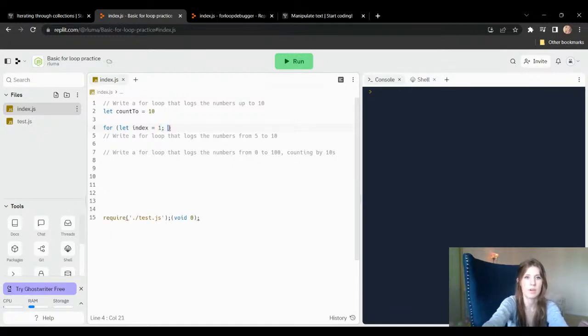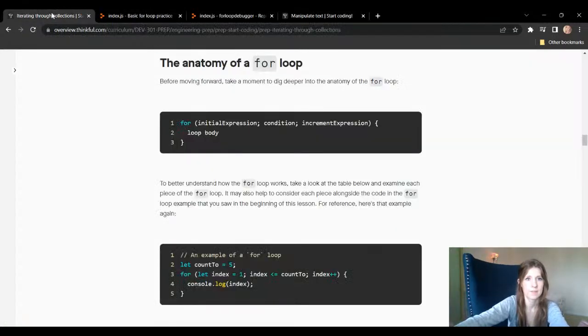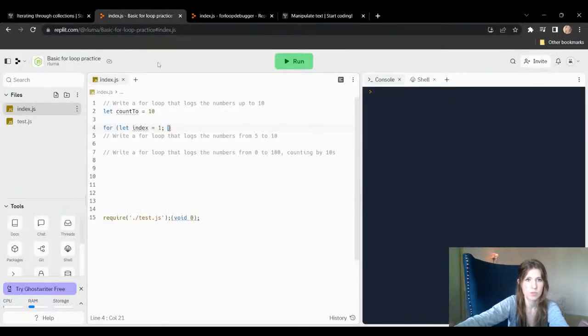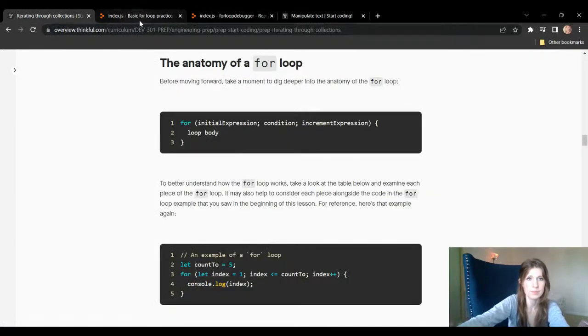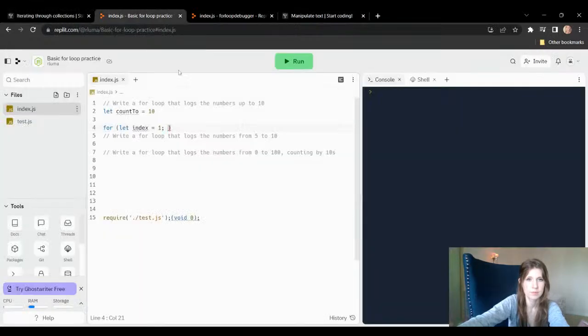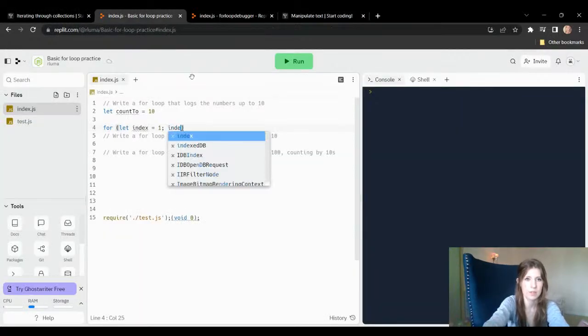And then we have our condition, which looks like this. And we have our index